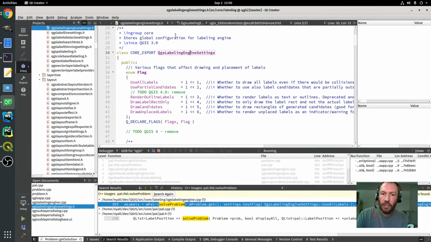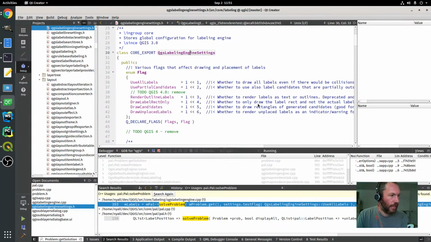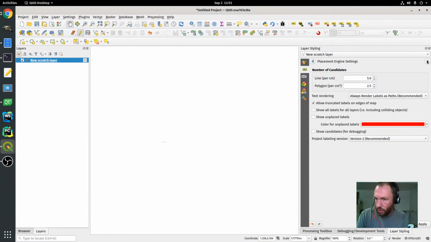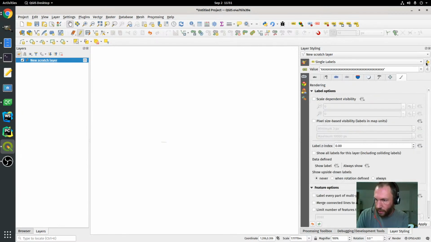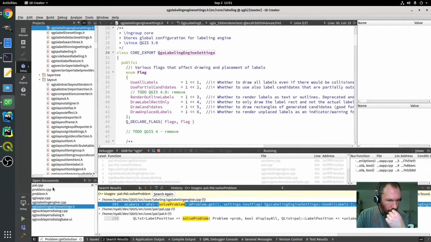Anyway, so these settings are actually global. These are all applying just to one layer, but the actual setting that I'm looking for here is a global setting, and that's controlled in this applies to all layers setting thing. It's this one, show all labels for all layers. So it's when that's ticked. Now I should expect,